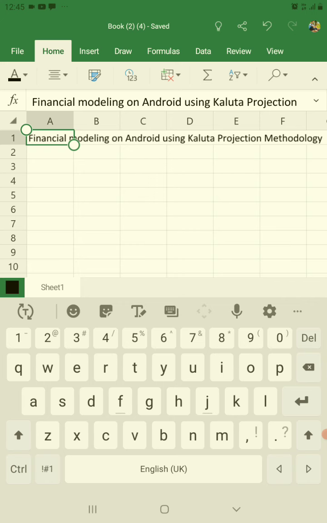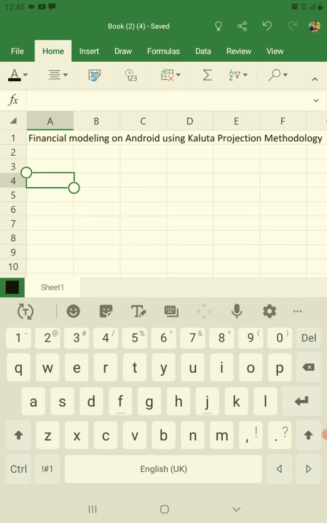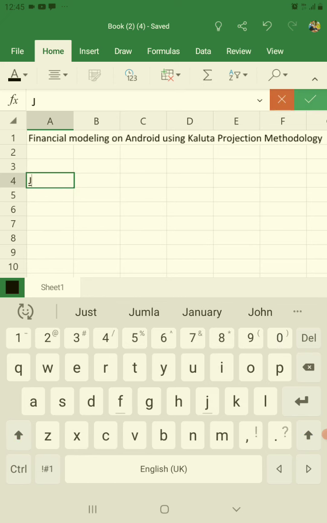So technically that period is called year zero, the period when you start a business but you haven't yet started generating revenues. That is year zero. So let me type January